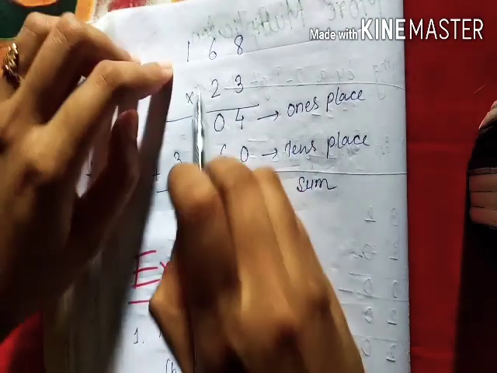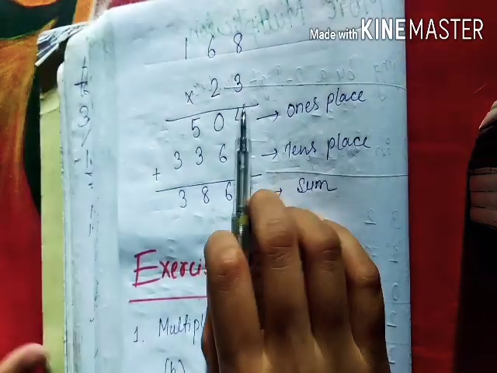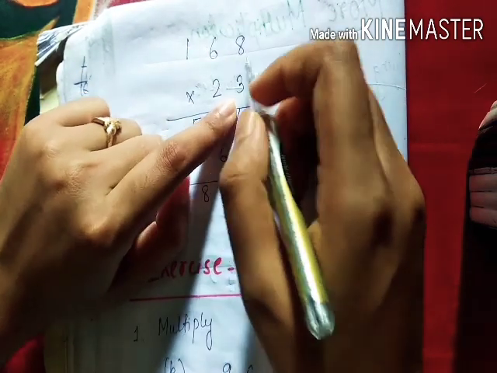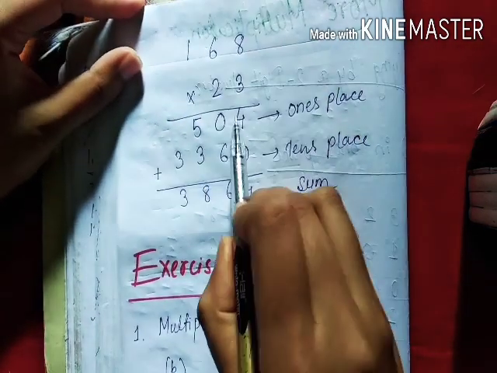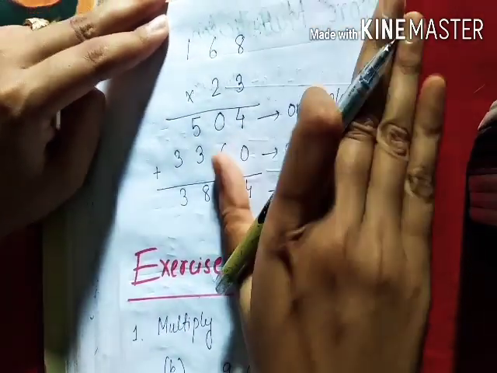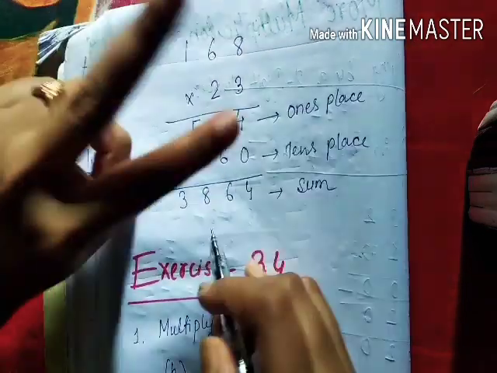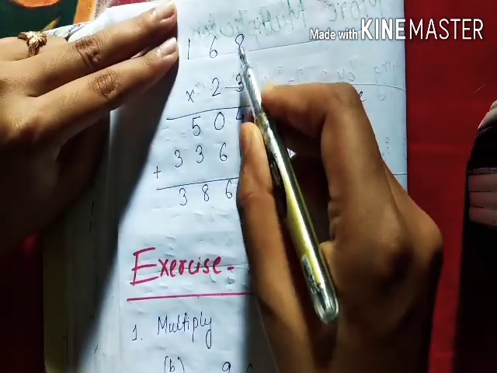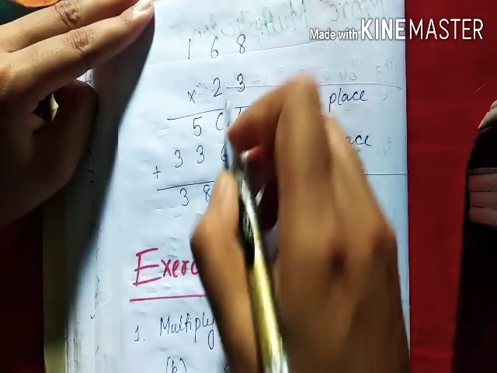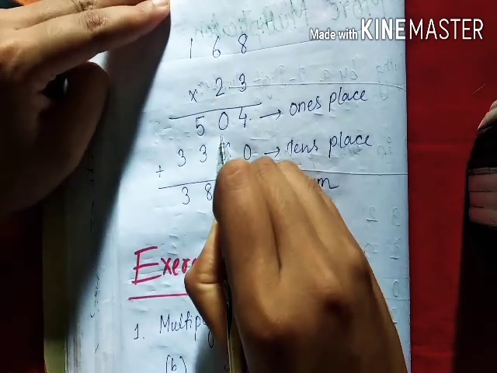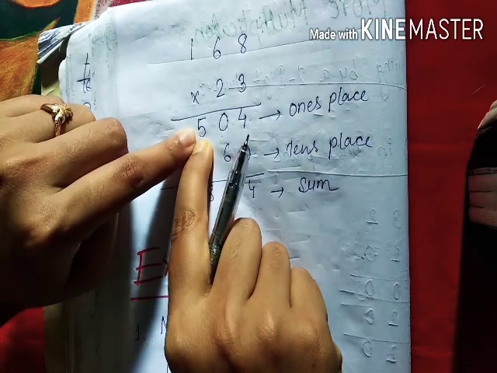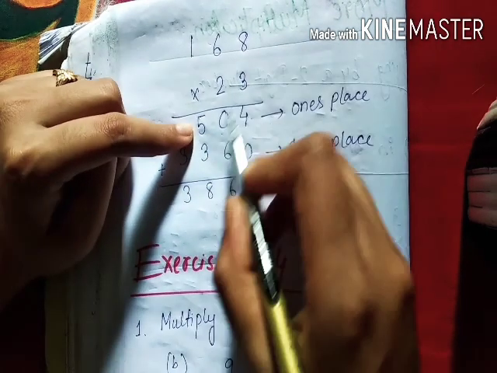So you can see here 168 into 23 I have written. Okay, so as we know we have to start from what? Ones place. So let's start. So 3 times 8 is 24, carry 2. Okay, you can write it here or you can write it at any corner of your copy. So I'm just using my hand. Okay, so 3 times 8 is 24, carry 2. Then again 3 times 6 is 18 plus 2 is 20. Then again carry will be 2. Then 3 times 1 is 3, plus 2 is 5. Yes. Okay, done. Now ones place is done.